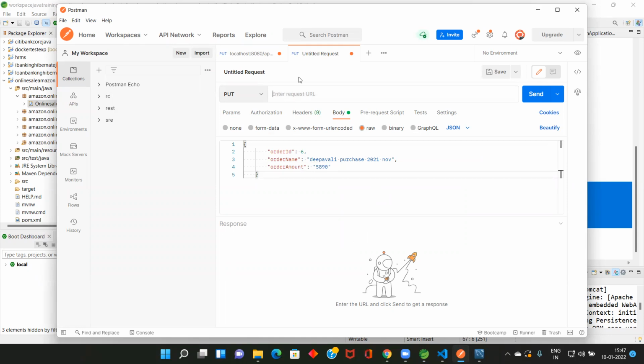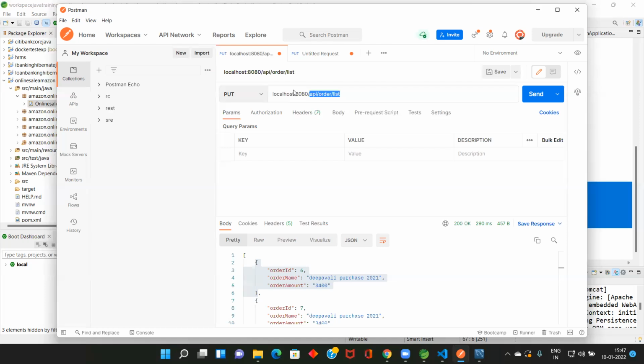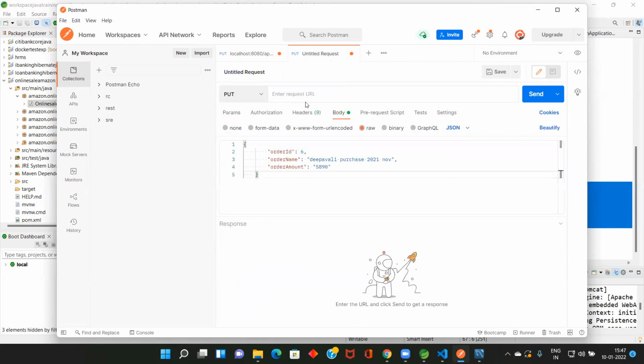URL should be localhost 8080, not list, order, update. So we are sending the things with the ID. With the ID, it will go and pull this ID and update this in the service. Let me try this one.